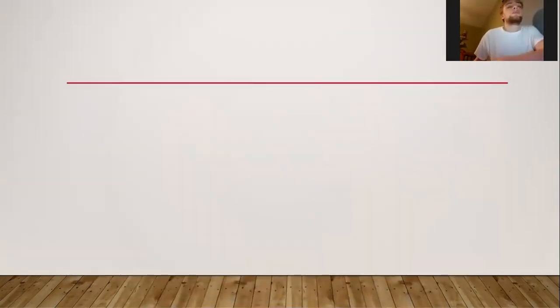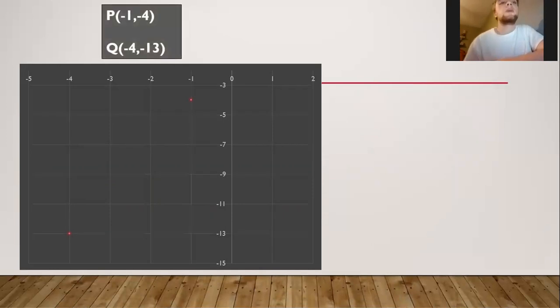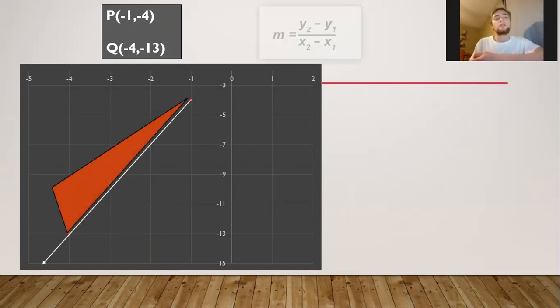And so we're going to move on to our third and final part of this question. We have points P and Q. We have negative 1, negative 4, negative 4, negative 13. And so the same thing. We're going to place these numbers in the slope formula. So in this case, it'll be negative 13 subtracting